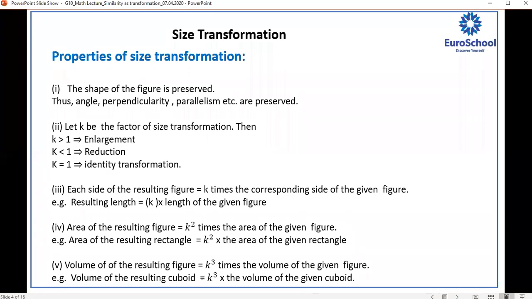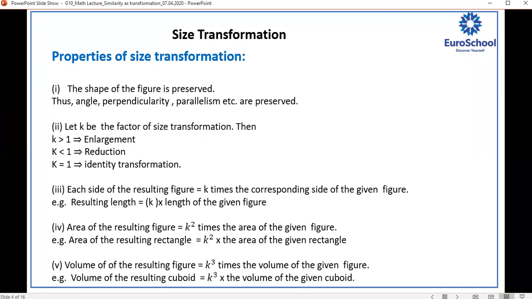Now, the third thing was volume. Avasthi, tell me why in volume we multiplied with k cube? Ma'am, because there are 3 dimensions, length into breadth into height, and therefore k has to multiply 3 times. Perfect. So it depends upon how many times we have to multiply the scale factor, how many sides we are multiplying. If we are finding area, we multiply 2 sides, so we multiply it by k square. When we find volume, we multiply 3 sides, so we multiply it by k cube.